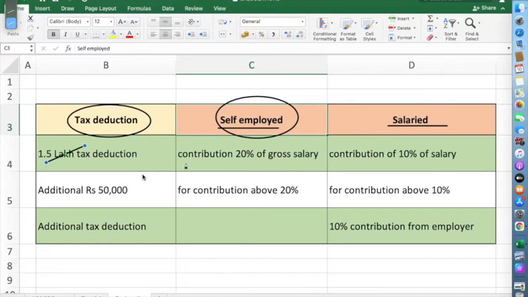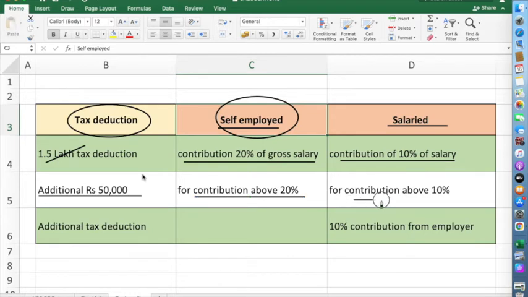For self-employed person, a contribution of 20% of their gross salary has to be made to NPS. Then they will get a 1.5 lakh tax deduction. And for salaried person, a contribution of 10% of their salary has to go to NPS. Then they will get 1.5 lakh as tax deduction. An additional Rs 50,000 can be availed as tax deduction for contribution above 20% for self-employed and for contribution above